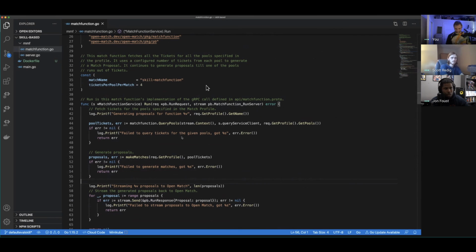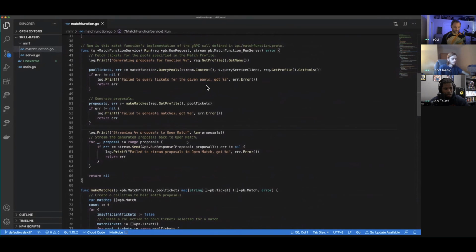on these pools. Whether you want to create a pool that holds all tickets or just shard them down into more specific pools. Like, I want to create a pool that has tickets with a skill range of 0 to 2, 1 to 3, and based upon those pools, we'll pick out 4 tickets that will give us a good match. We're going to sort the tickets first, and then go through each one of the